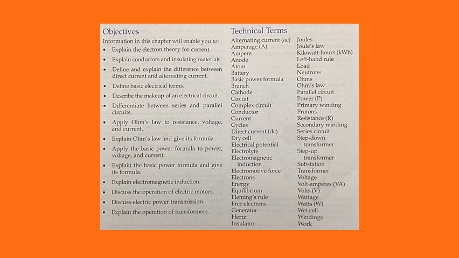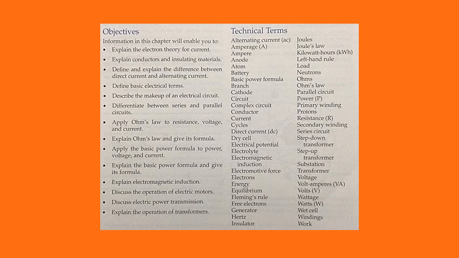Some of the technical terms that we will discuss in this chapter are alternating current or AC, amperage, ampere, anode, atom, battery, basic power formula, branch, cathode, circuit, complex circuit, conductor, current, cycles, direct current or DC, dry cell, electrical potential, electrolyte, electromagnetic induction, electromotive force, electrons, energy, equilibrium, Fleming's rule, free electrons, generator, Hertz, insulator, joules, Joule's law, kilowatt